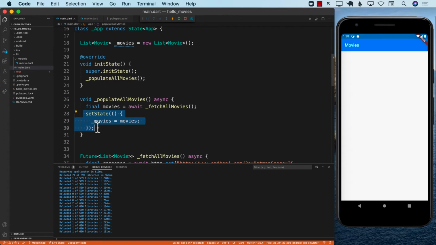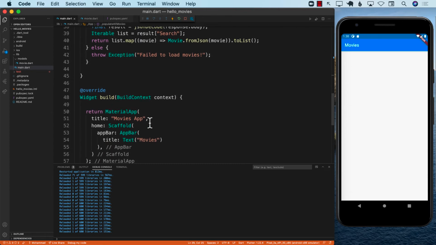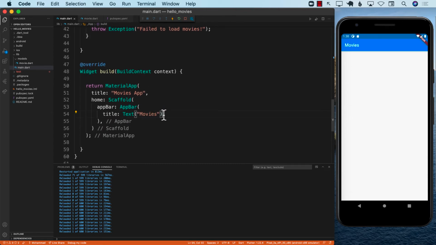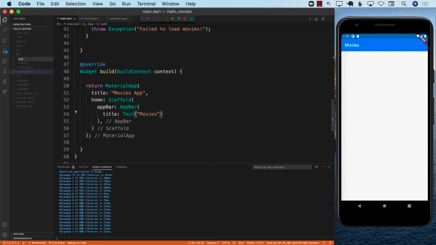Whenever I set the movies, because I am doing it inside a set state, it is going to call build again. And that is my opportunity to pass the data to a child control which can display all the movies. Now, I don't really have a control that can display the movies, but what we can do is we can create a control and we can pass it down. So I'm going to go ahead and create a new folder over here, and I will call it widgets. Inside the widget, I'm going to go ahead and add a new widget. I will call it movies